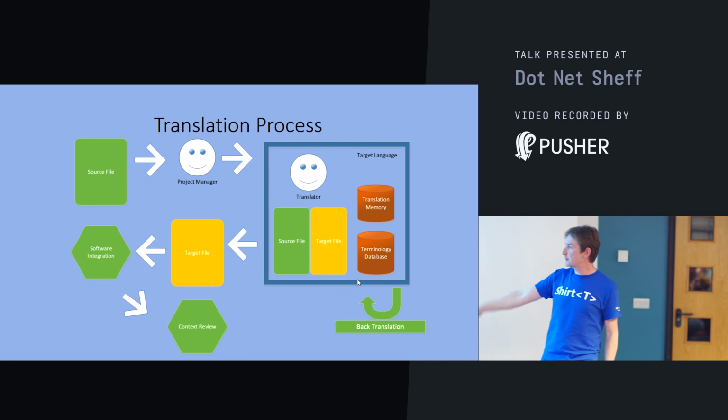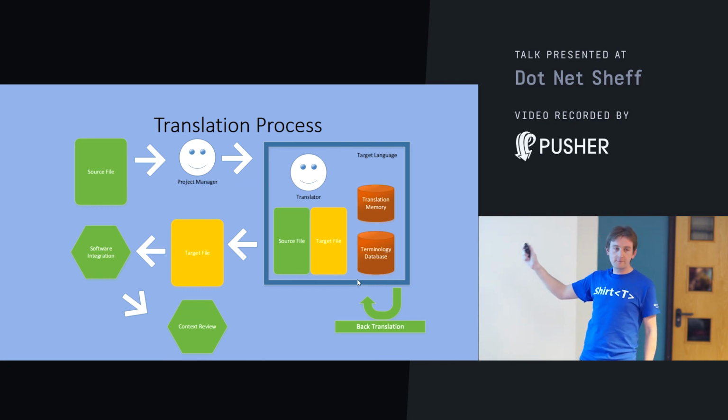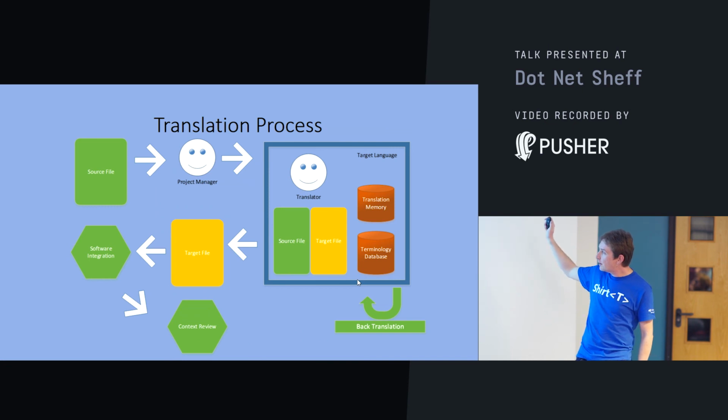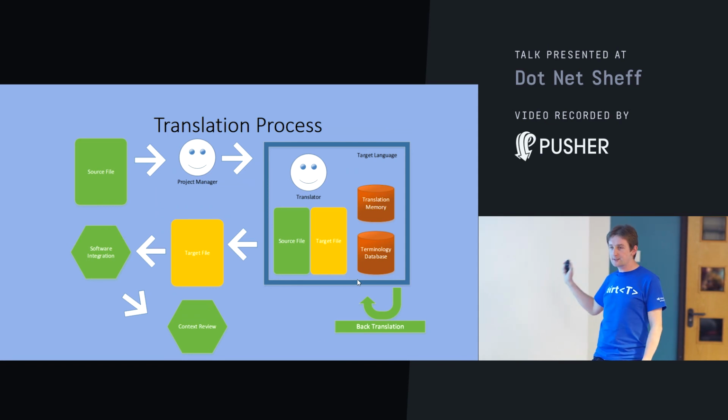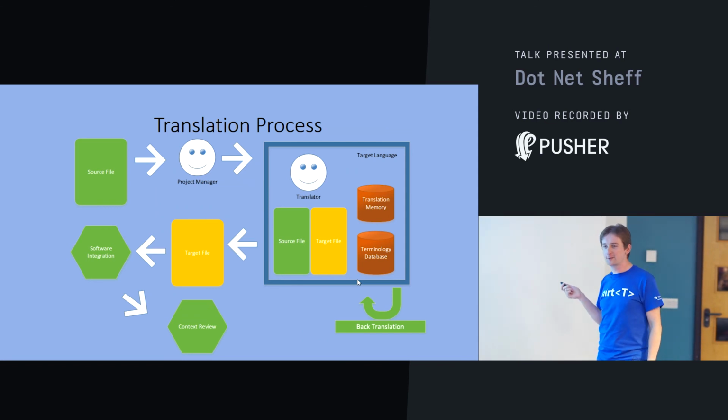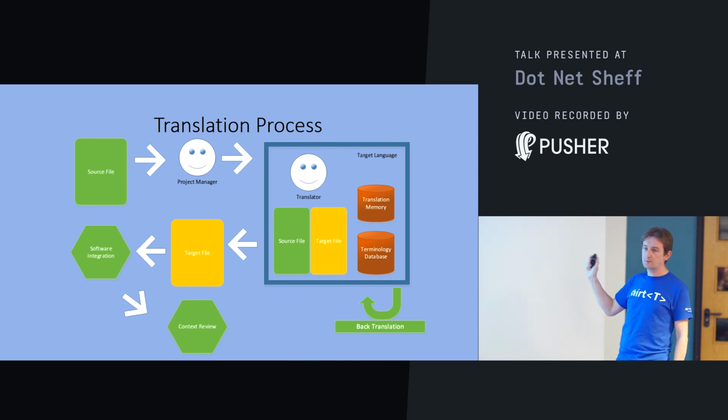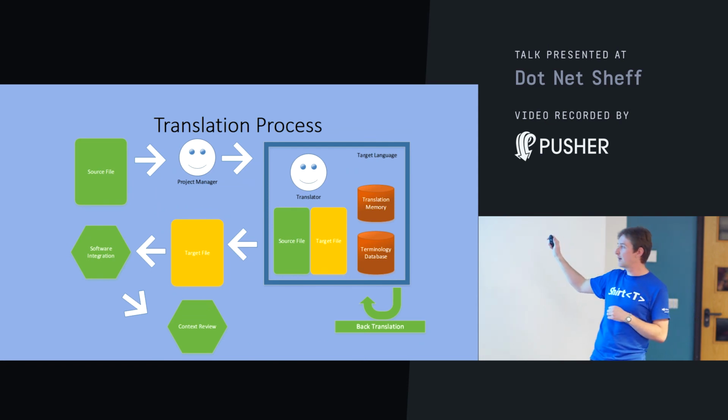So a translator will start with their source file, translate that into the target file using specialist software that uses translation memory and a terminology database. Translation memory is basically like a dictionary lookup effectively that works on sentences, but it's a lot smarter than that. It'll do context related searches based on your previous and next sentences, the original format of the document. It'll swap out currency, numbers, all that kind of stuff, and treat those as separate things. So this is a lot more powerful than what you could ever do if you tried to pre-translate it with Google Translate or something like that.